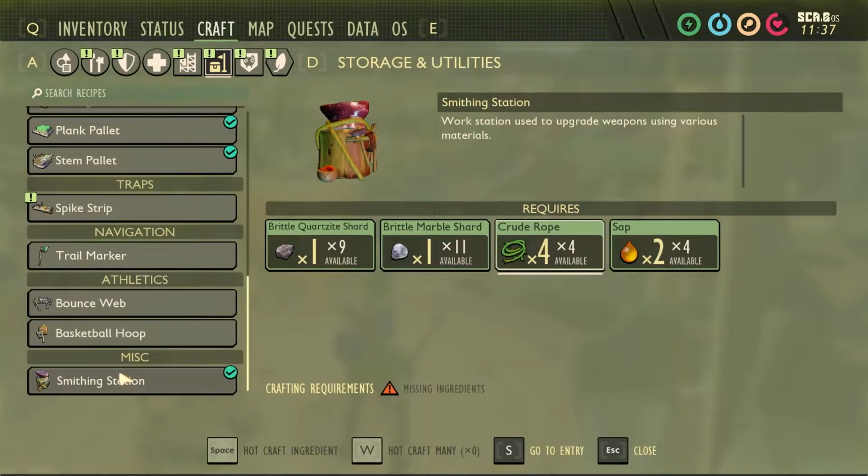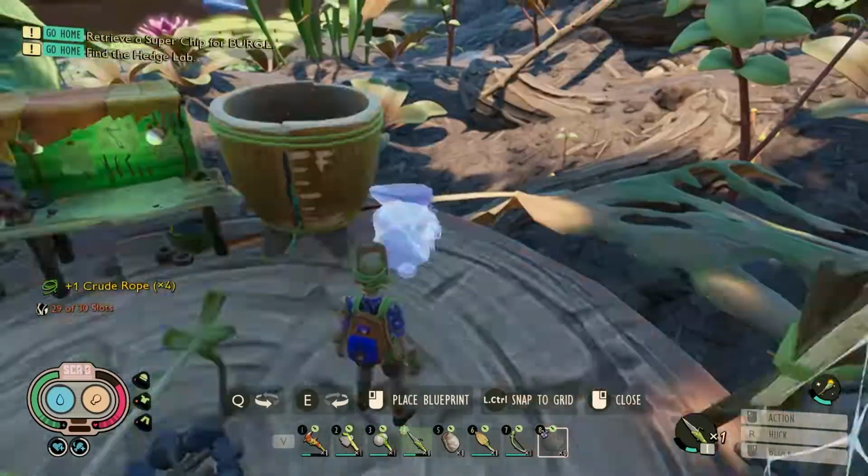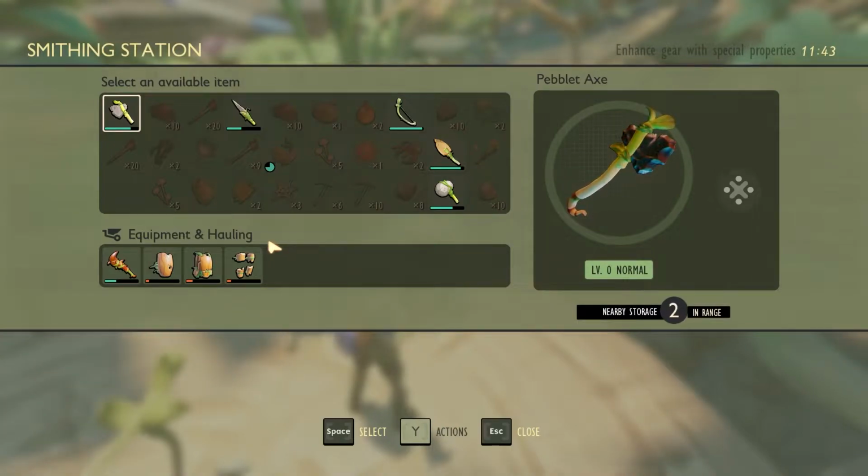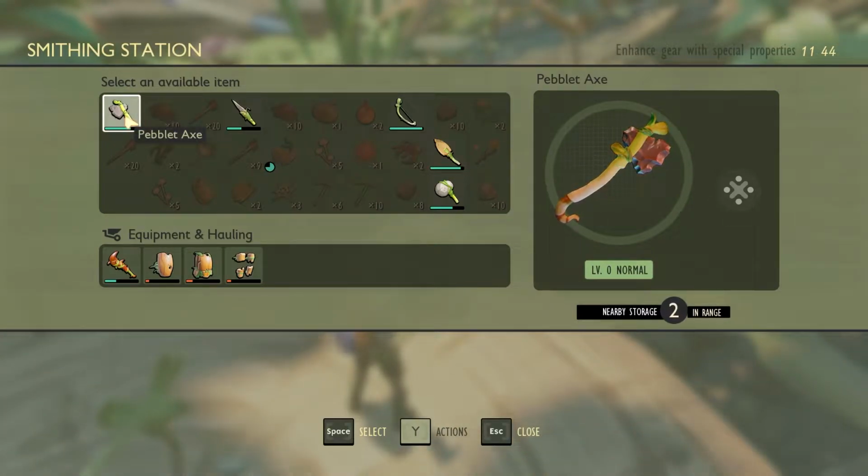We're going to talk about armor and weapon upgrades. But first of all, we're going to need the smithing station for that. Smithing station will need brittle quartzite shard, brittle marble shard, which you should have got from the old red anthill, and you need some crude rope and some sap. So we're going to get this crafted. Just going to pop this here, and then when we use the smithing station, we are allowed to upgrade our